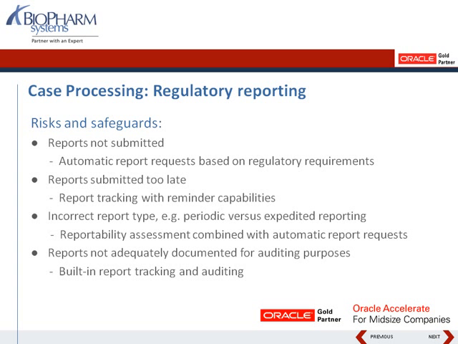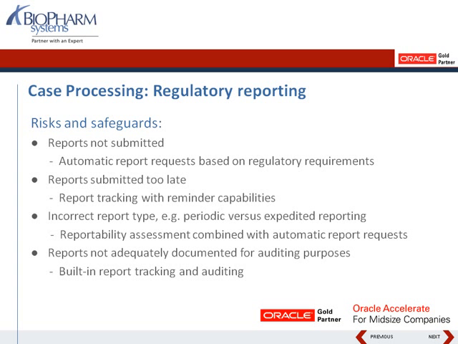apply them manually. A report submitted too late, as I mentioned, is quite frequently still a subject of FDA warnings, which can be addressed with things like tracking individual reports once they have been requested, and reminder capabilities to remind people that the reports still need to be approved, for example, before they can go out. There's always, of course, the balance between automating processes as much as possible, which will make them generally faster, and on the other hand, allowing for manual intervention, which will require manual approvals and slow down processes dependent on the